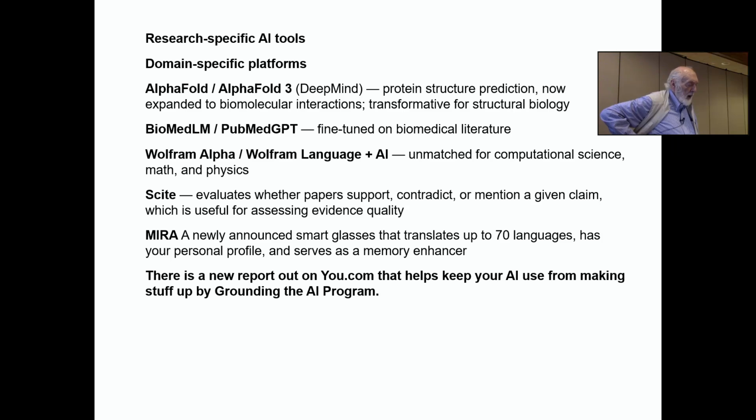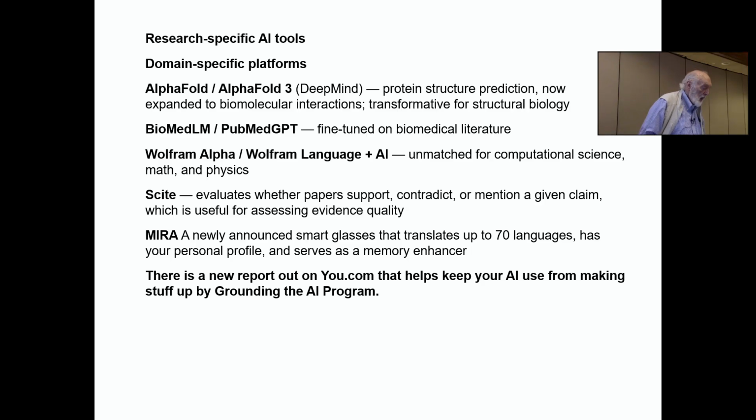All right, there are domain-specific platforms. AlphaFold, part of DeepMind, does protein structure prediction and how biomolecular interactions expand, transformative for structural biology. BioMed LM is fine-tuned on biomedical literature.